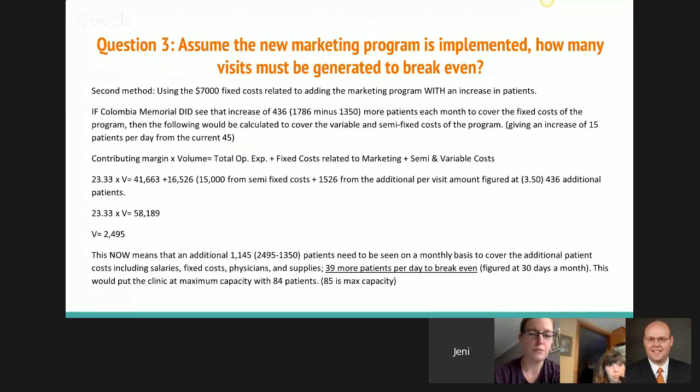With this break-even number, you can see that our volume is 2,495. With that volume, this now means that an additional 1,145 patients need to be seen on a monthly basis to cover the additional costs, including salaries, fixed costs, physicians, supplies, etc. In other words, 39 more patients would need to be seen per day to break even. This would put the clinic at maximum capacity with 84 patients. The maximum capacity is actually 85, but that would put it at a